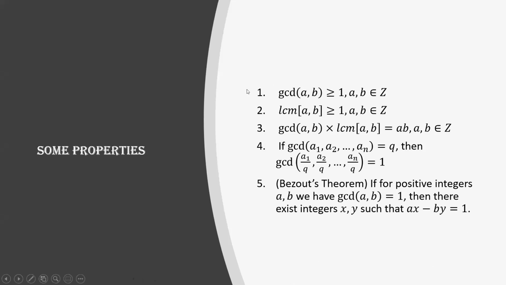Okay, the fifth property is a very famous theorem. It's called Bezout's theorem. Bezout's theorem is a very important technique in solving Diophantine equations, which we will not cover in this camp, but we will be covering Diophantine equations in our regular IMO number theory course that we'll be taking. And Bezout's theorem has helped to solve many Olympiad level problems.